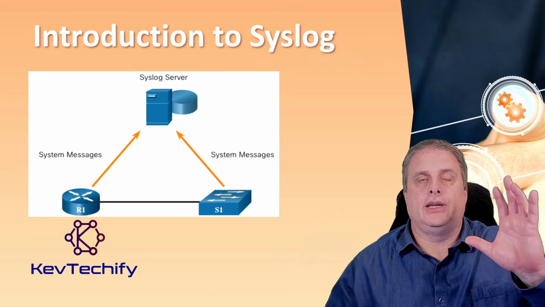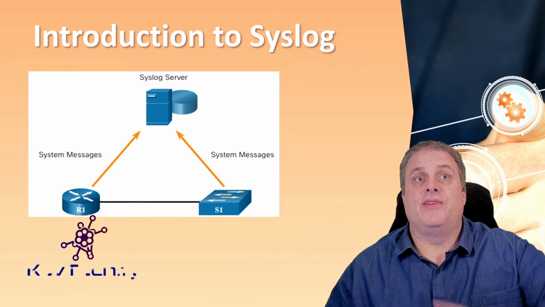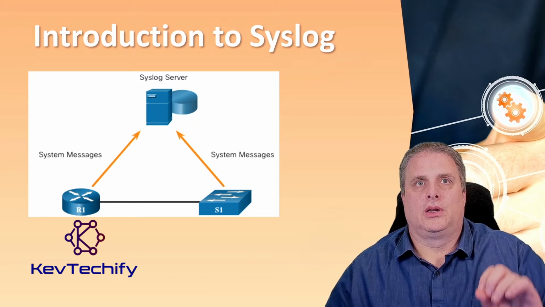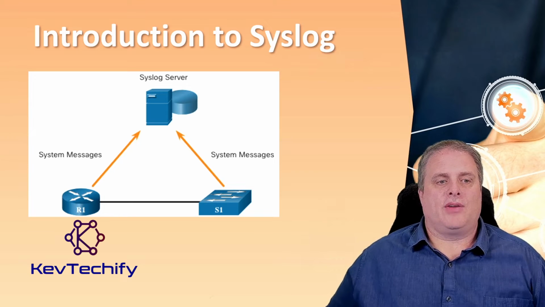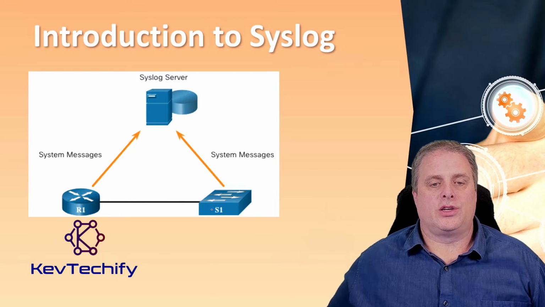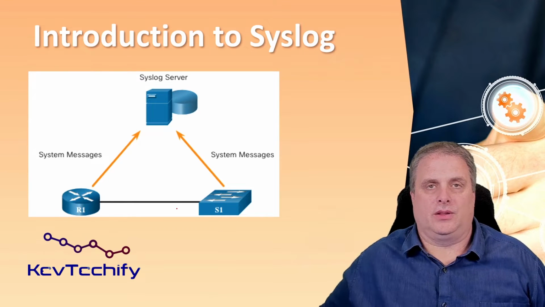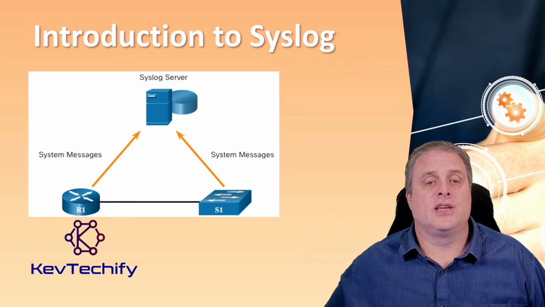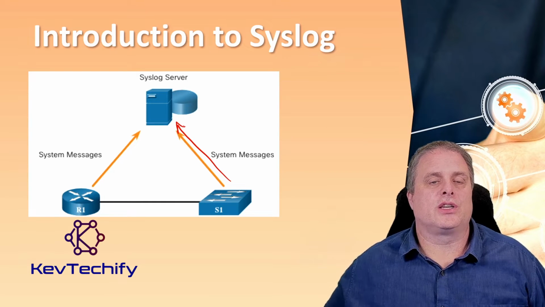Syslog uses port UDP 514 to send event notification messages across IP networks to event message collectors. So we have our devices on our network, R1 and R2. When there's an event notification, like a system message that pops up on your screen when you're configuring devices, that is an event notification. You can set up the system where those events are sent to a Syslog server,